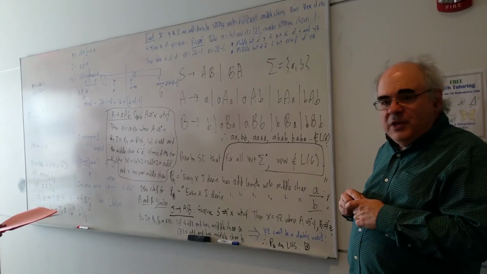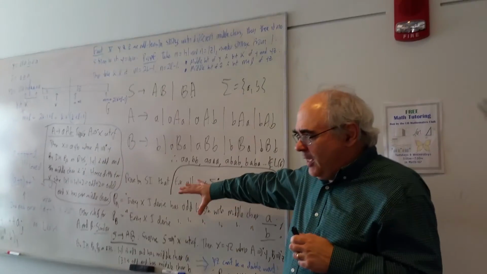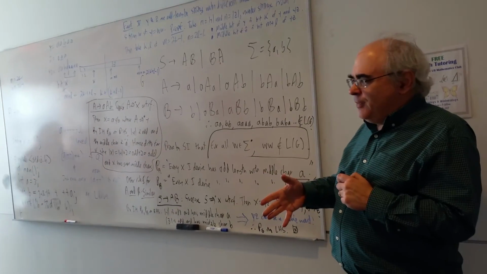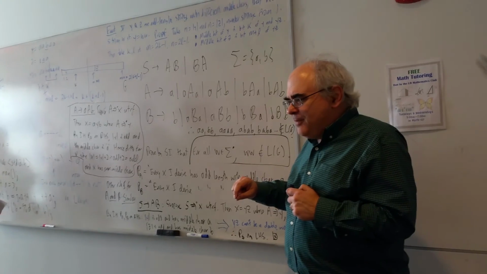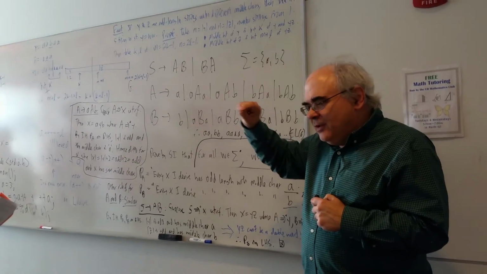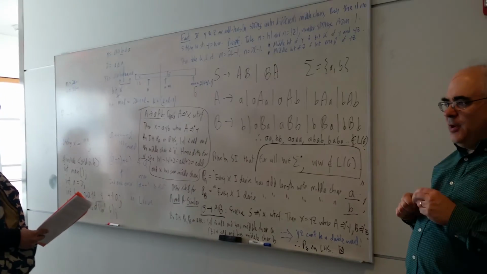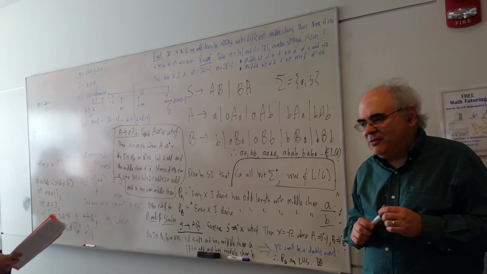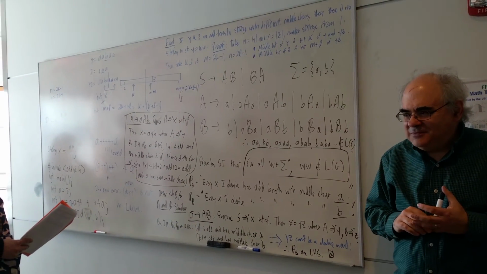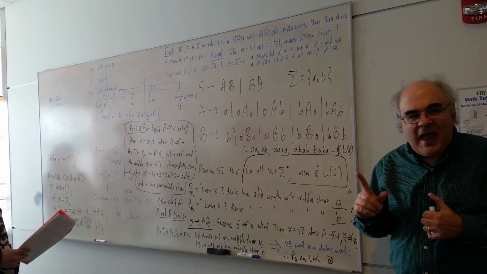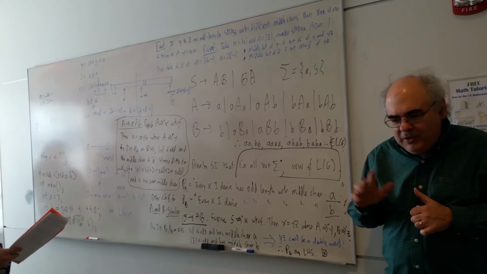You needed to prove simultaneously that the S variable is comprehensive for the language, and as a stepping stone to that, you need to show that the A variable is comprehensive for the one A language, and the B variable is comprehensive for the one B language. So like the homework we have just 1. We actually have to prove a total of 9 cases, because each variable will have 3 cases. Actually, it's a little easier.